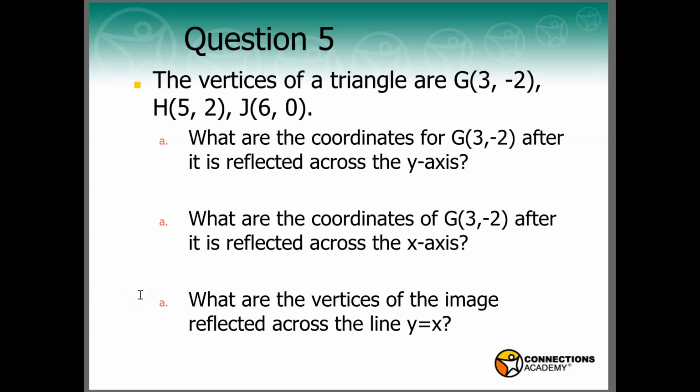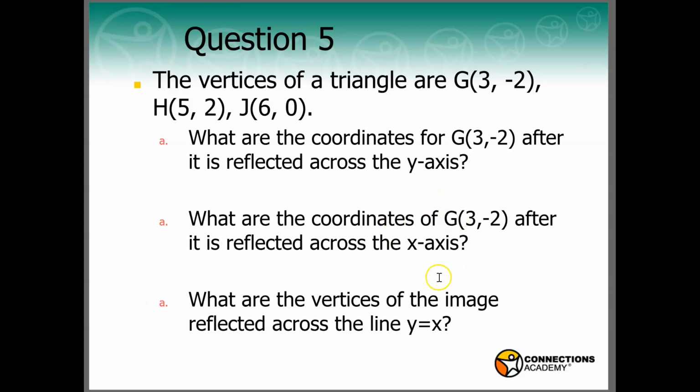For question number 5, we're given the vertices of a triangle at point G, 3 and negative 2, H, 5 and 2, and J, 6 and 0. Now, without graphing them, we can apply simple mathematic rules to be able to solve where the coordinates would be after different reflections. So we're going to go ahead and apply those now to see how they would reflect over